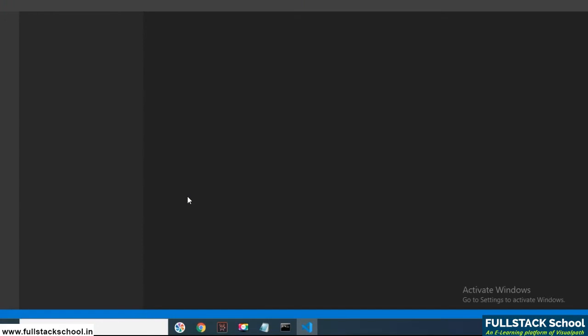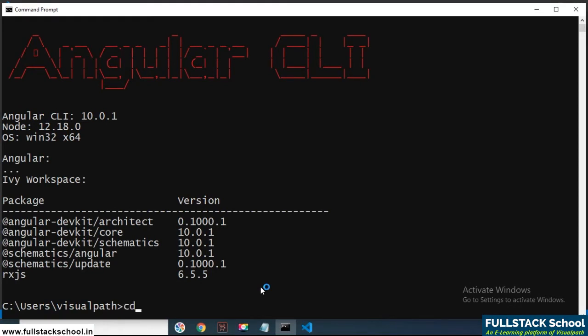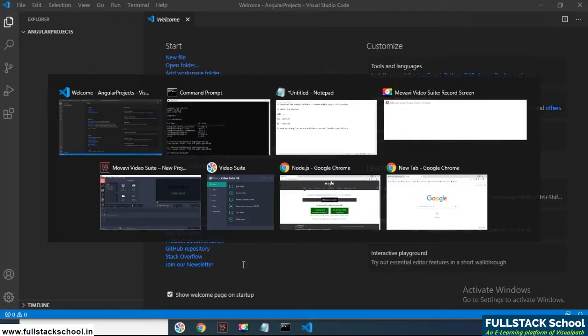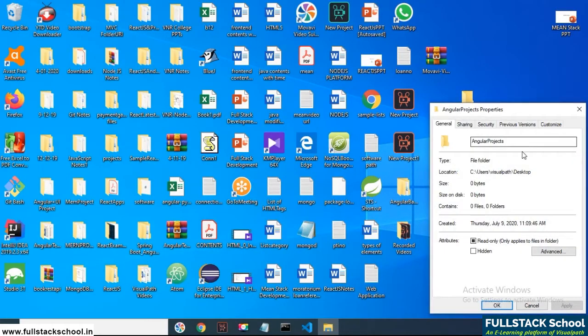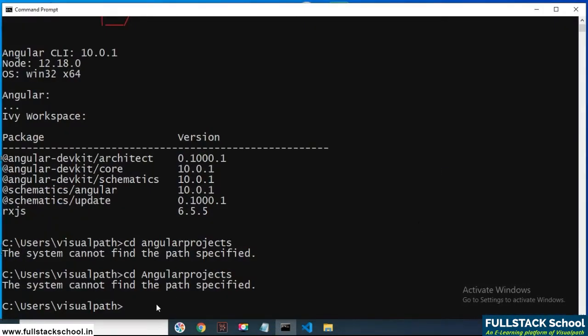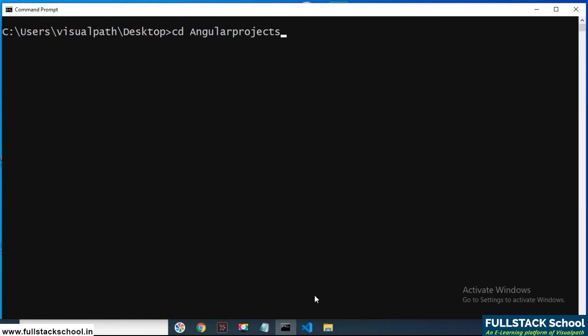If you want to create a project from the command prompt, just go to the particular folder, cd space Angular projects, and specify the command ng space new space project name.